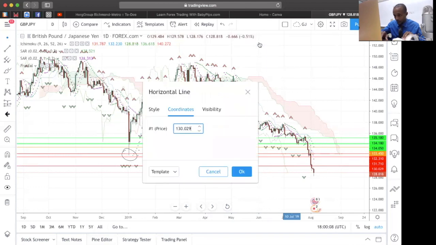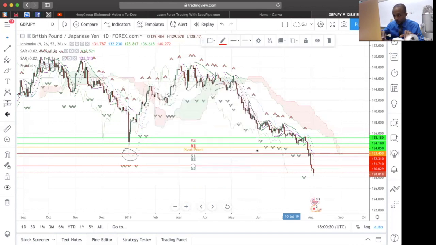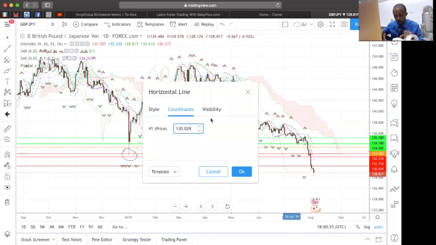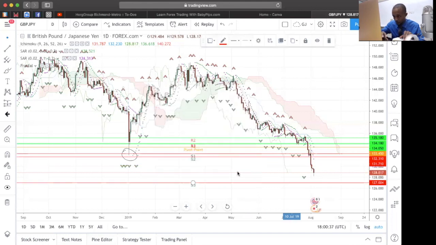So S3, this was the big one. So S3 is really why I wanted to save it for last. Like some dramatic build up to it. But I noticed last week that S3 had changed from 130.02 and dropped all the way down to 127.004. Now that's about 200 pips, which does not happen often, especially not from one week to the next, because